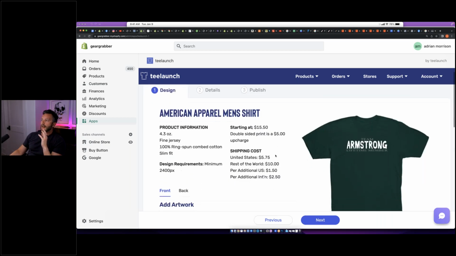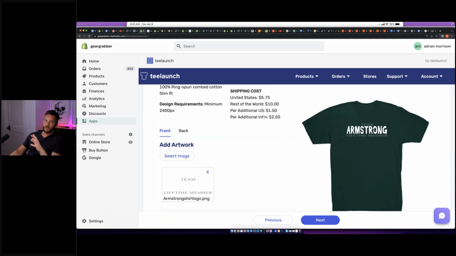So once you have the image and it's the correct size for the garment, at this point it's drag, drop, next, create, drag, drop, next, create, drag, drop, next, create. And this is how you scale really quickly. So you would end up building a collection of t-shirts and a collection of whatever.